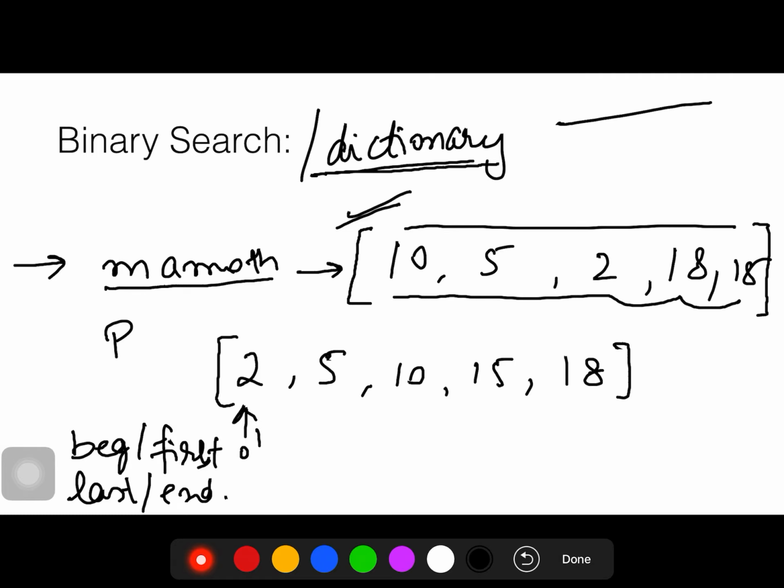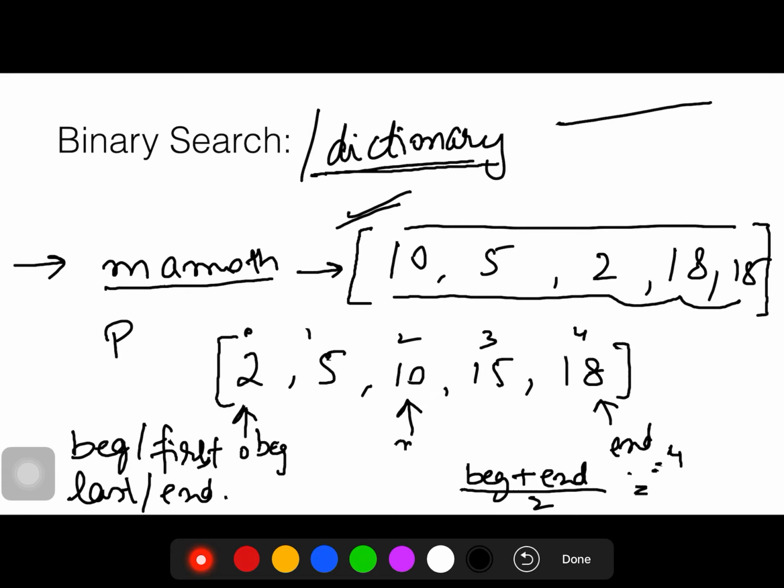Beginning will point to the start of this list, and end will point to the last element, which is index 4, after 0, 1, 2, 3. We also need a pointer which is referring to the mid of the list, which is beginning plus end by 2. 0 plus 4 we get 2.